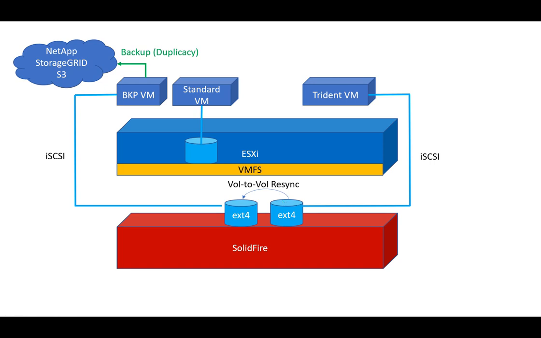As data gets updated on the source volume, we would use the volume-to-volume resync, which would help us avoid the creation of repeated clones, and it would also make this synchronization very rapid, because only the part that is different would be resynced. Then the backup virtual machine could take an incremental backup and send another thin backup to NetApp StorageGRID. So this is what we will use in today's demonstration,